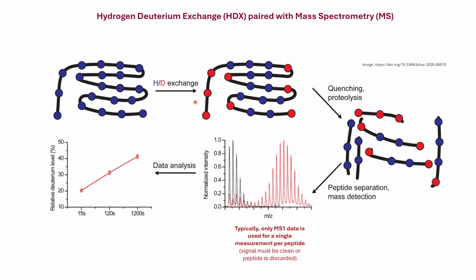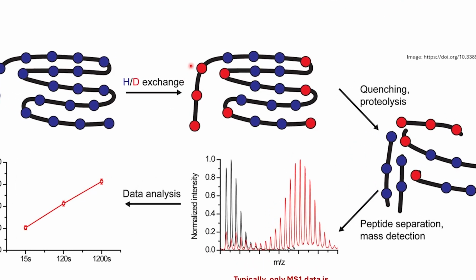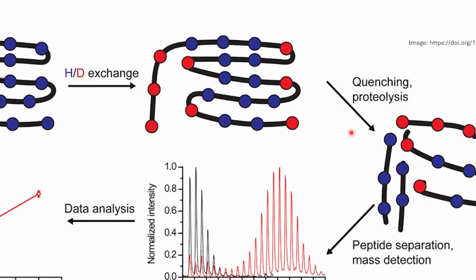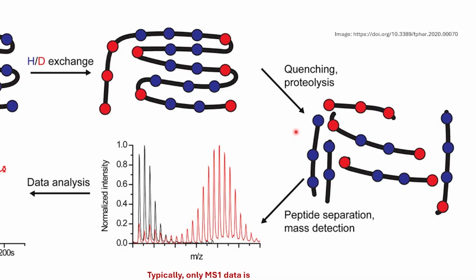The way that HDX works is that a protein is exposed to a D2O solution, which is just heavy water where the hydrogens are replaced by deuterons, which are heavier counterparts. And the heavy water will exchange certain hydrogens on the surface of a protein to deuterons. So for example, if this is the protein sequence, the backbone hydrogens in the protein sequence can exchange for deuterons in areas that are easily accessible to the solvent and not so much in areas that are not easily accessible to the solvent. After labeling, the protein can be digested using digestion enzymes to generate peptides, which will then